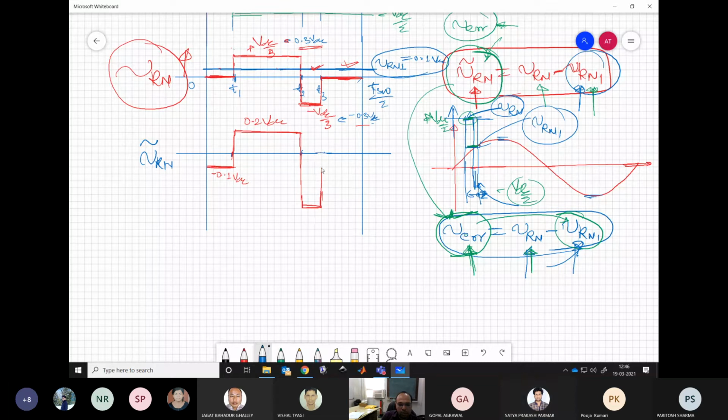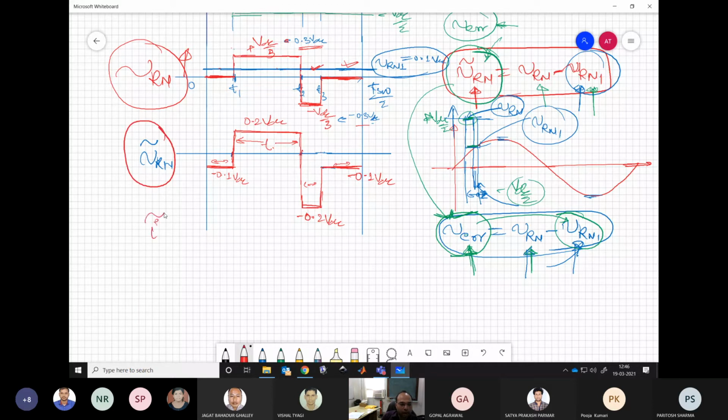So somewhere at the same level. Now you are seeing how the volt-second balance is coming up over here. This is a smaller positive voltage 0.2 but applied for a very long duration, whereas these negative voltages are applied over a smaller interval. So ultimately the positive and negative voltages are balancing out for the ripple